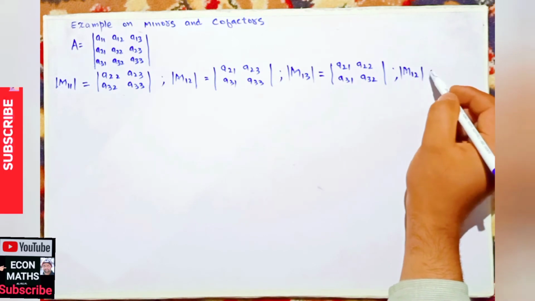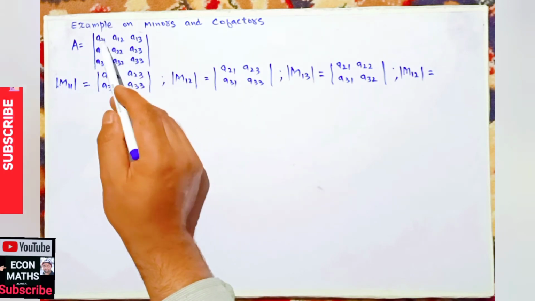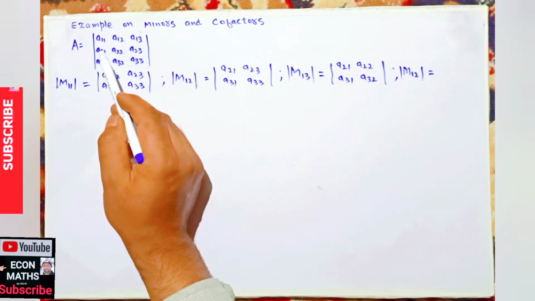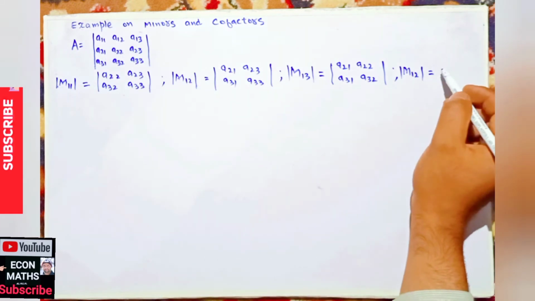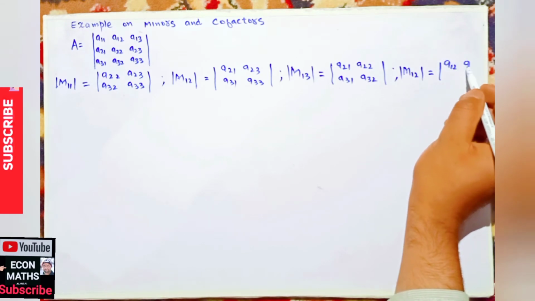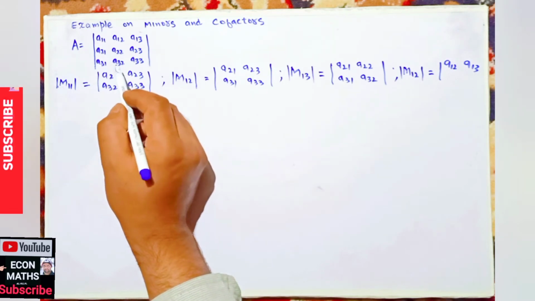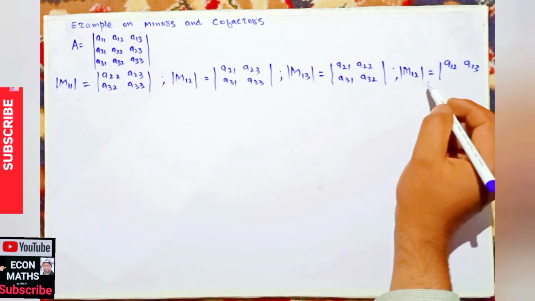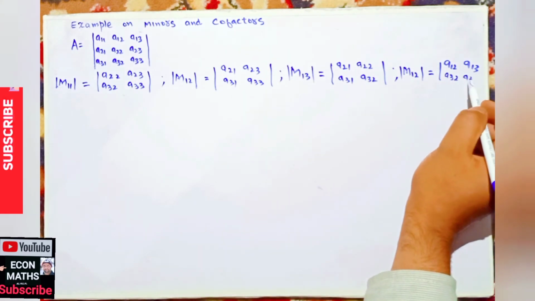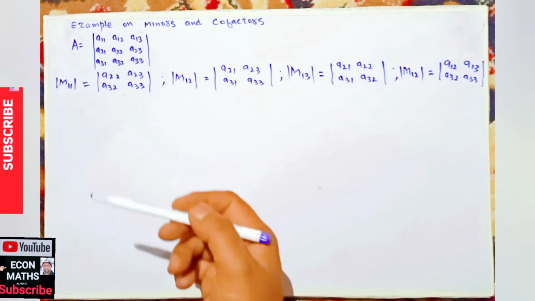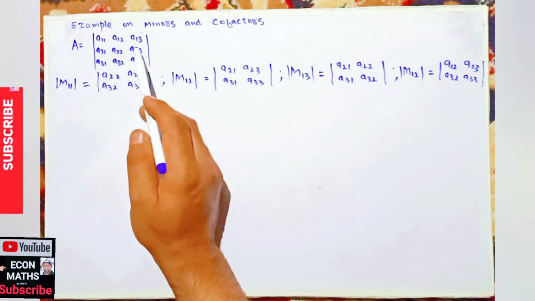The minor at this place is A12. We mentally delete the row and the column in which this element appears and take the determinant of the remaining elements. The remaining elements are A12, A13, so I will write here A12, A13, this row and this column. Then we have A32 and A33. Accordingly, we can find the minor at the place of A22, A23 by mentally deleting the row and the